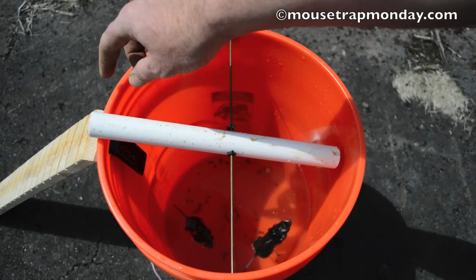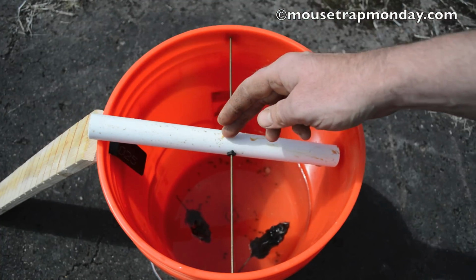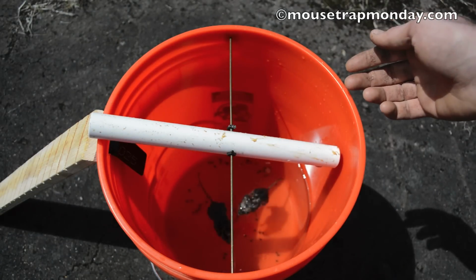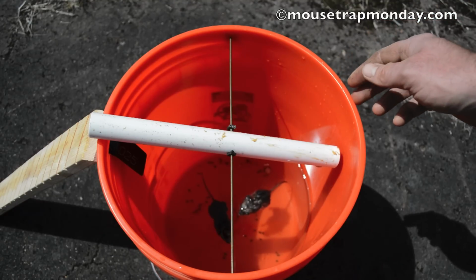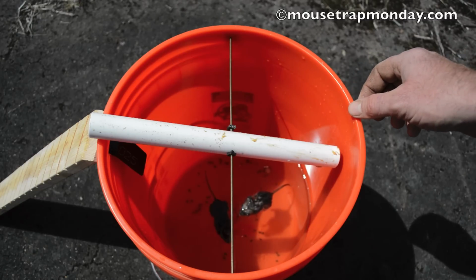So if you could design some kind of shroud or barrier on the side so they had to come up the ramp and only enter down the teeter-totter, I think you would catch more. But overall, a good design. I love it when people design new mouse traps and send them to me to test out, and overall this was a success. I think if I had more mice in the barn, I might have caught more mice, but